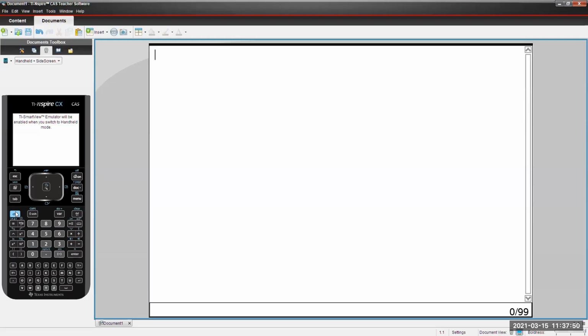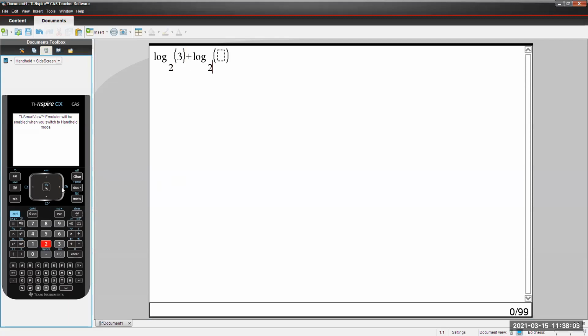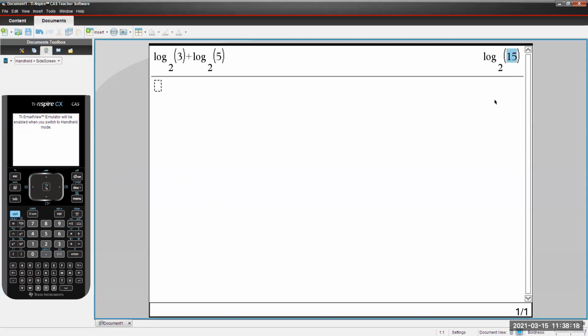So let's imagine that we have the addition between the logarithm base 2 of 3 and the logarithm base 2 of 5. In this case, based on the identity, we can expect that these two numbers will be multiplying. So there it is. Okay, automatically the calculator detects the identity and solves it as the logarithm base 2 of